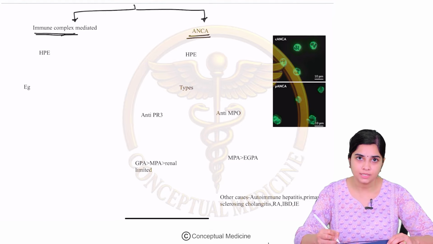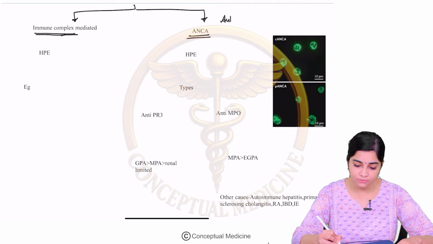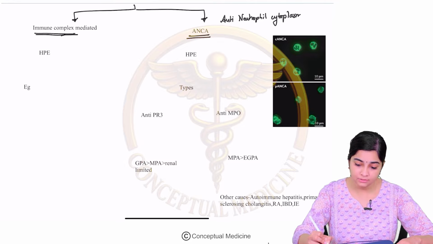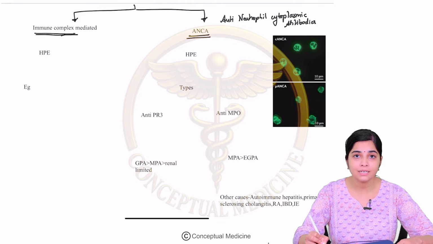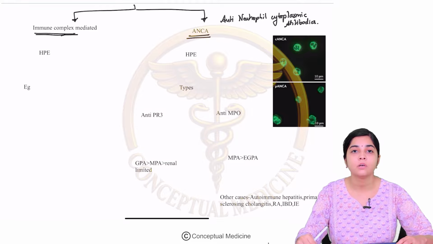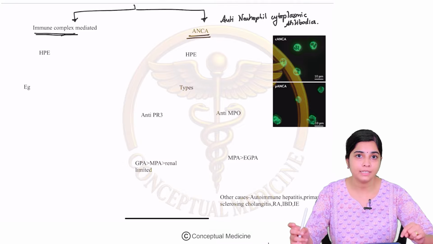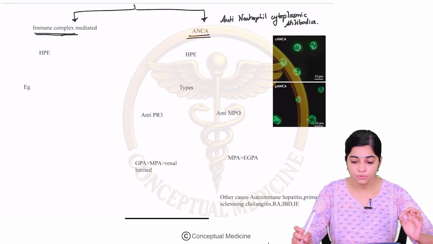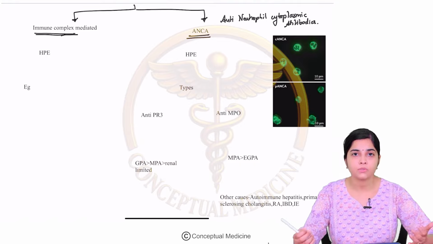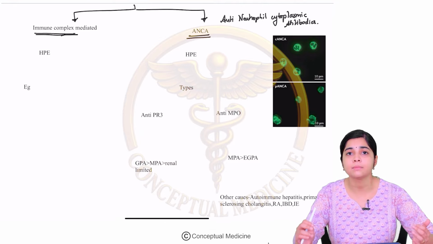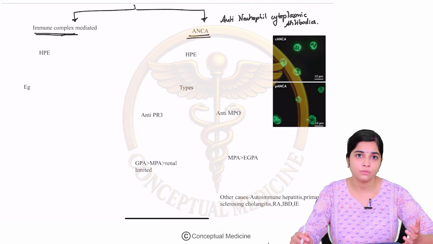ANCA-associated vasculitis: ANCA stands for anti-neutrophil cytoplasmic antibodies. In this ANCA-associated small vessel vasculitis, where the arterioles, the venules and the veins are involved, there are antibodies produced to the neutrophil cytoplasm. The pathogenesis is not completely clear, but in this ANCA-mediated vasculitis, due to an unknown autoimmune